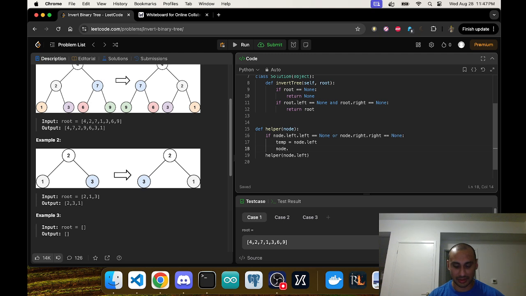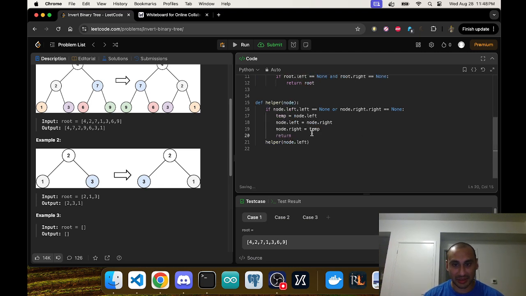Node dot left equals node dot right. Node dot right equals node dot left. Oh no, not node dot left, because that's going to be node dot right. So that's going to be temp. Return. And then I just go node dot left and keep going left, and it's going to keep doing this check, and then helper,